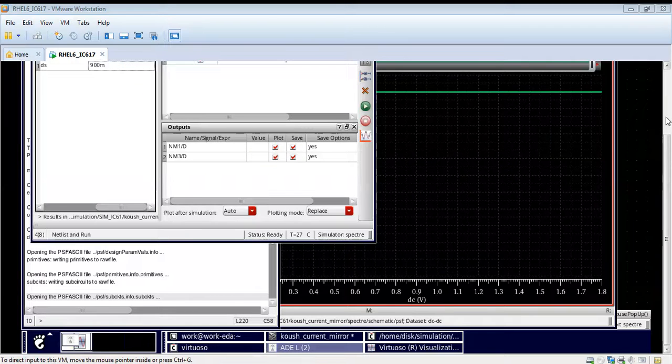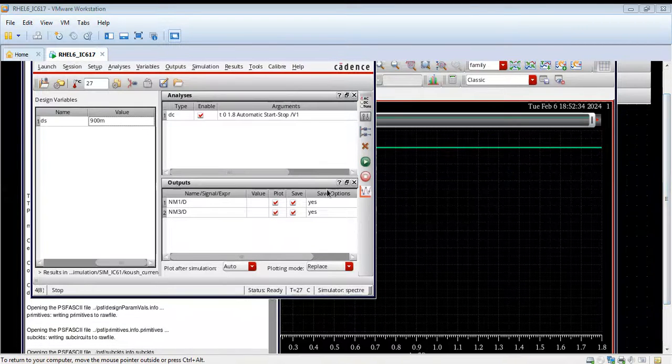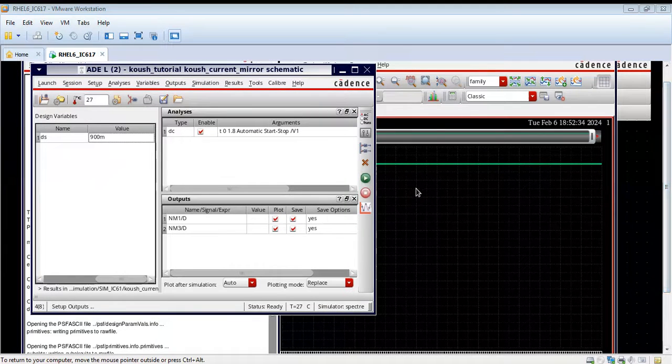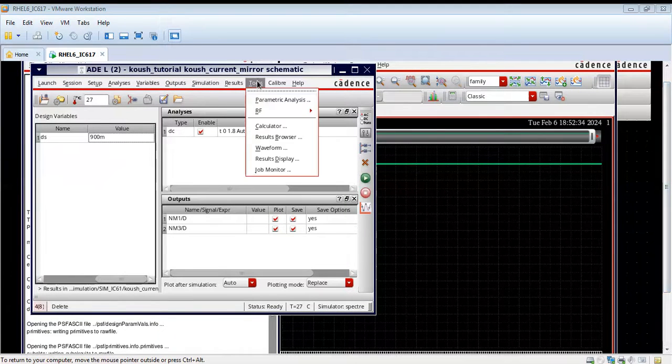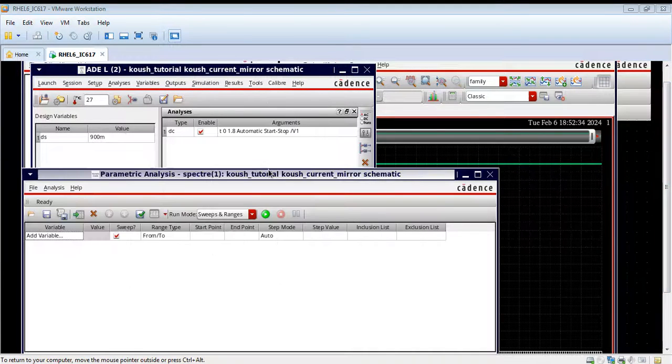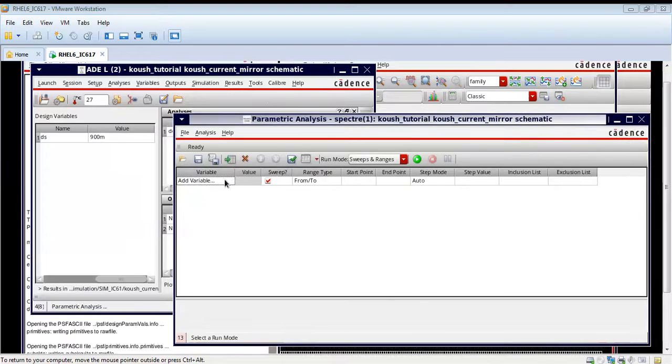First go to ADL. We have to find the region of operation. As you can see, first we will go to parametric analysis. We will add the variable. VDS is the variable and we will take it from 0 volt to 0.9 volt. We are taking linear steps of 0.1 volt.